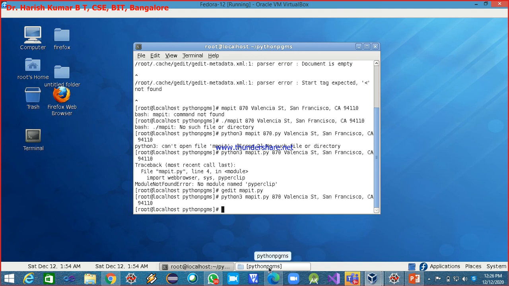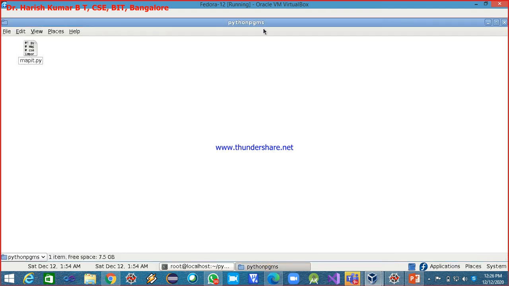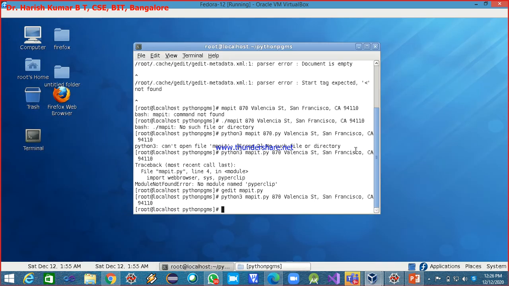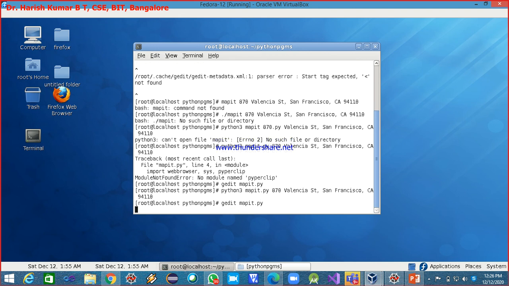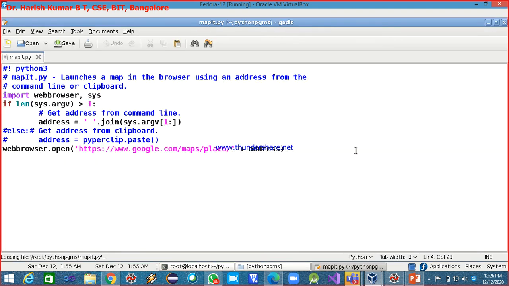Inside that I've already kept mapit.py. So let me open that and show you. Mapit.py, the same program which I explained to you now.